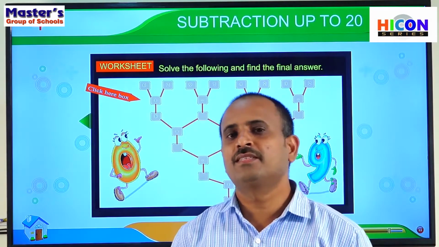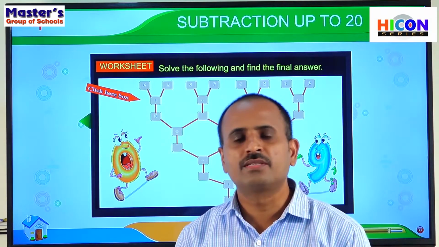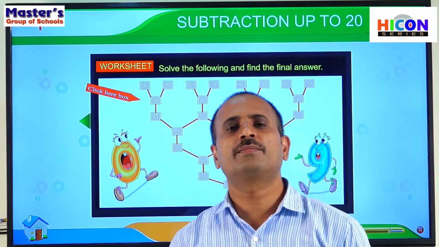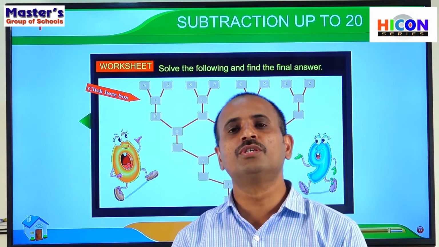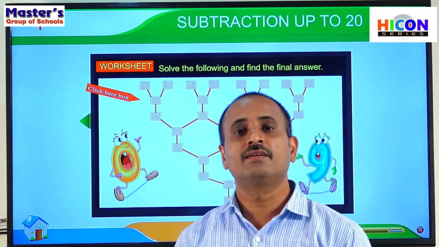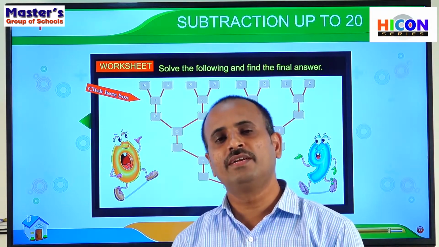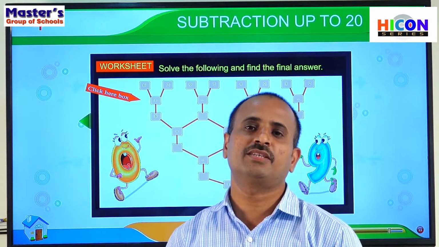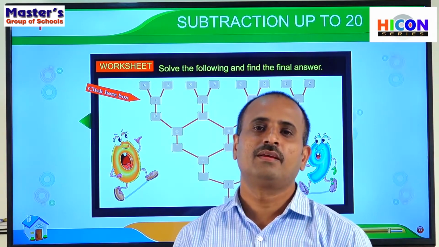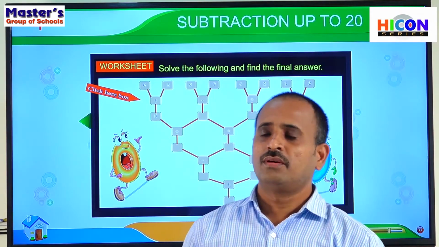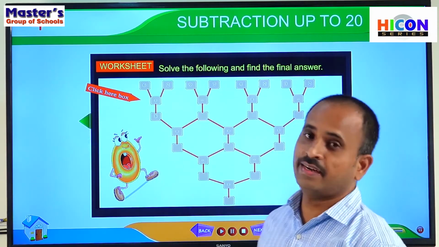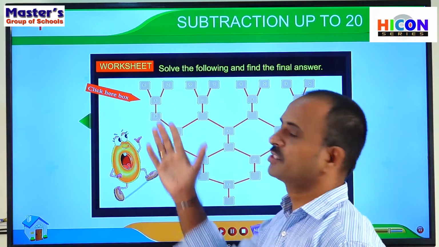If you revise, if you recall the topics we have discussed, the first one is subtraction. What is the meaning of subtraction and what is the symbol used for subtraction? And there are 2 types of subtraction. One is horizontal subtraction and the second one is vertical subtraction. And also how to do subtractions on the number line. So now the different concepts are completed. So let us practice some problems in the worksheet.